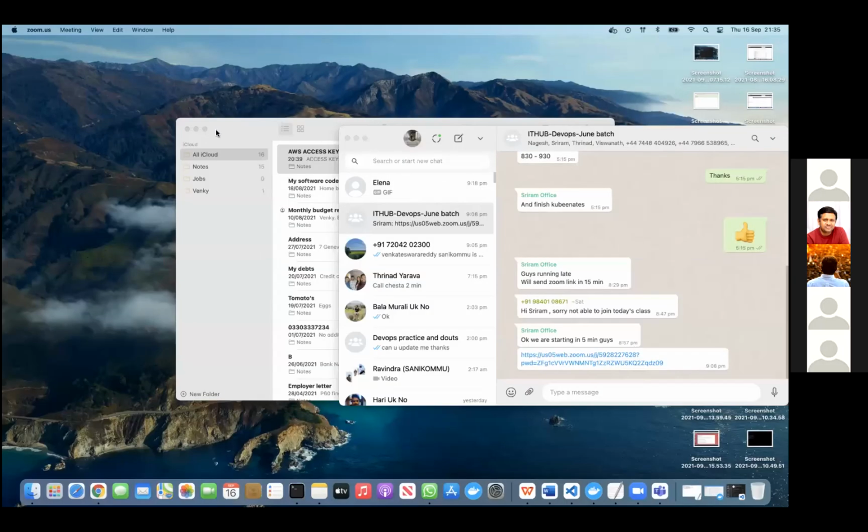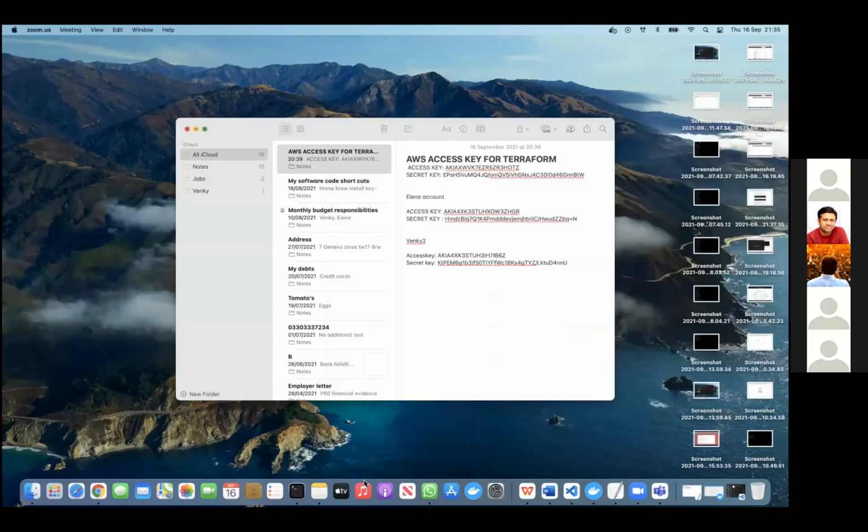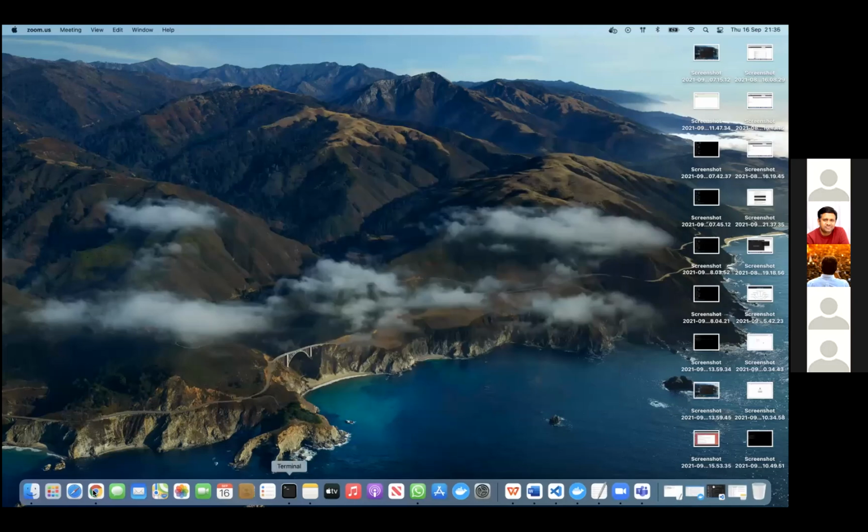Stop sharing and again share. It's not showing. If not, I will give you some other commands.